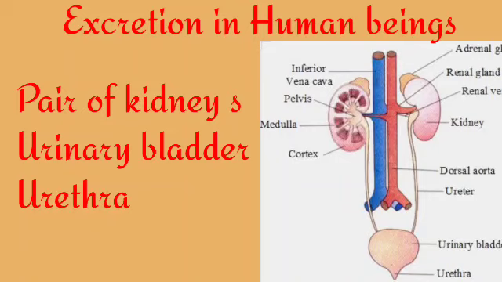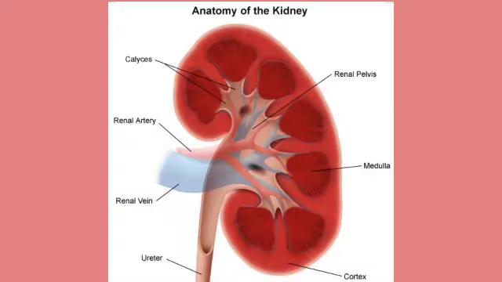Urine is formed by the kidneys. Kidneys filter out nitrogenous waste products and other unwanted substances from the blood and form the urine. Here is our kidney, a bean-shaped kidney. We have two kidneys. These two kidneys are on either side of the vertebral column, which means the vertebral column is in the middle. On both sides the kidneys are there, on the posterior side of the abdomen. Posterior means it is on the back side of our stomach.